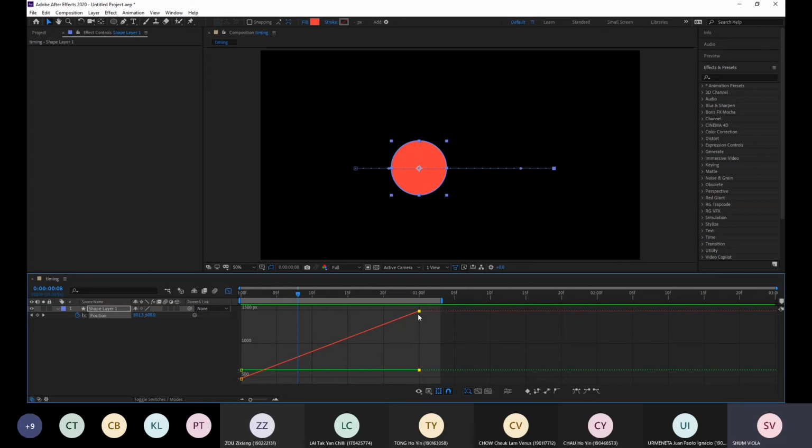So you can see that I can use my mouse to drag a box to select one of the keyframes here, and then I can click here, easy ease. Okay, easy ease, so that it will make the curve no longer a straight line.